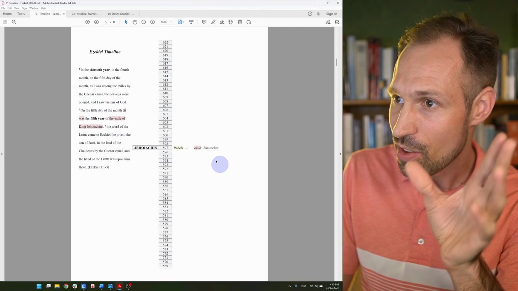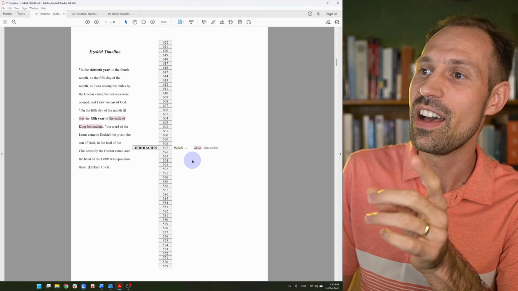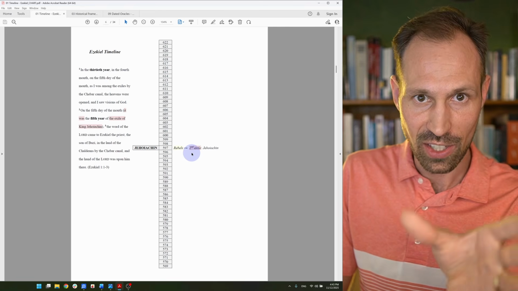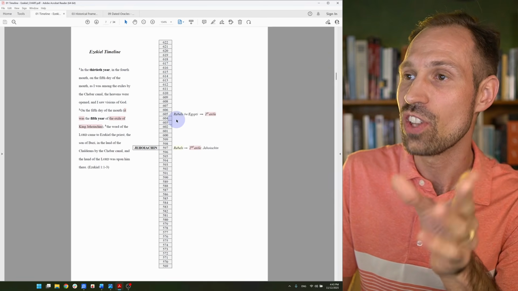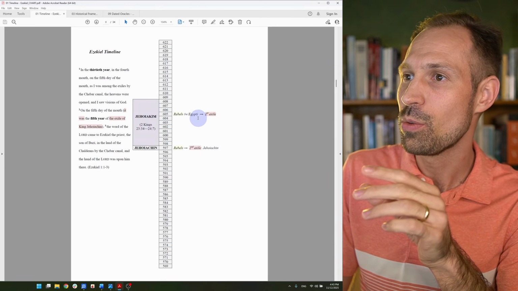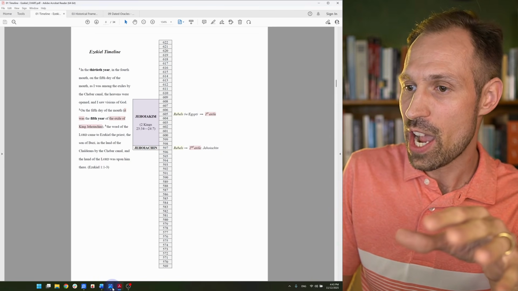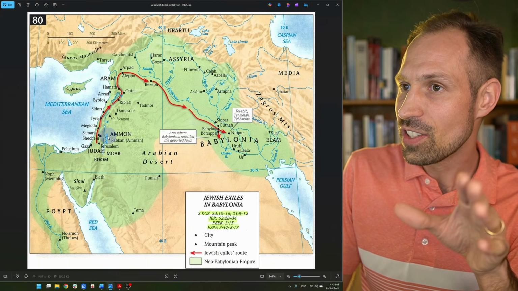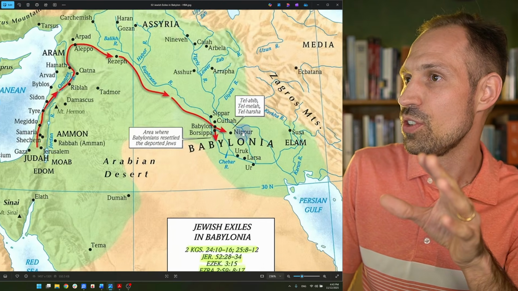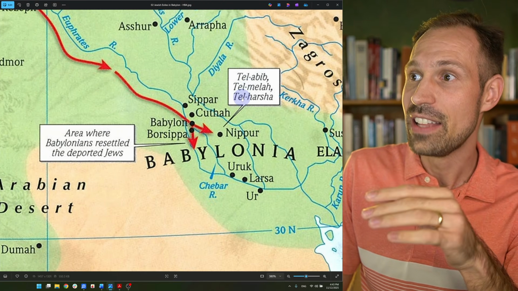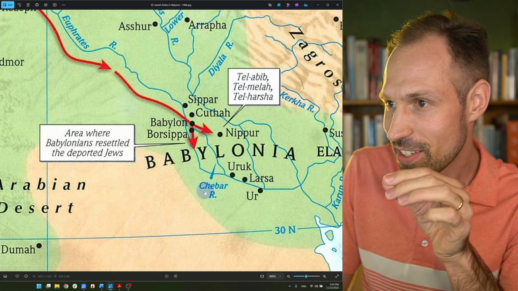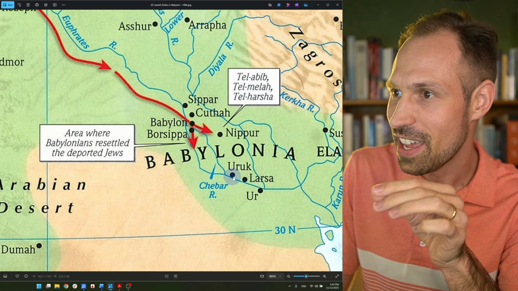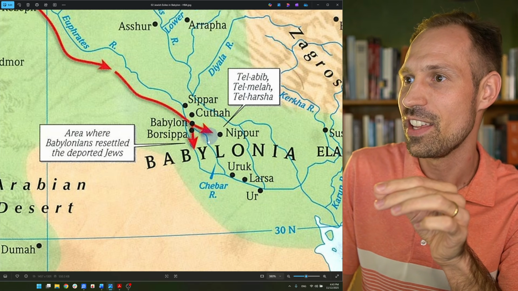But this wasn't the first exile, rather it was the second. The first exile to Babylon was in the year 605 during the reign of Jehoiakim. Now, where were these exiles taken? Well, we read in Ezra chapter 2 that the exiles were taken from Judah to Tel Melah and Tel Harshna, and look here. Here is Ezekiel's Chebar Canal, right there between the Tigris and Euphrates.